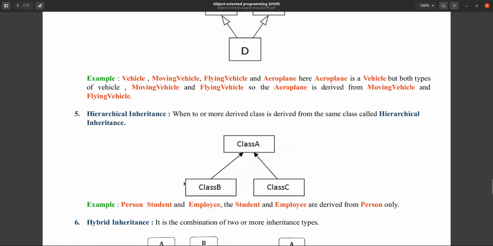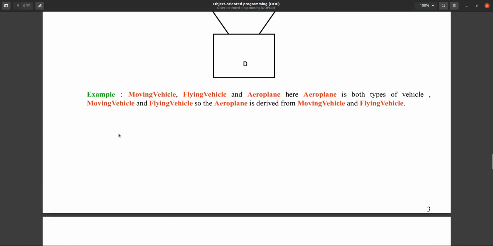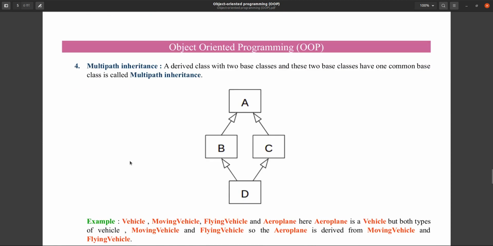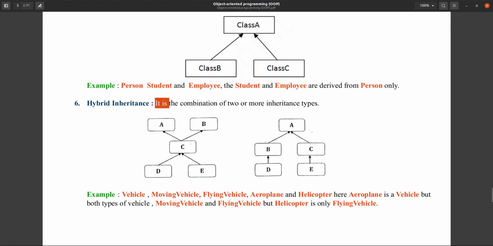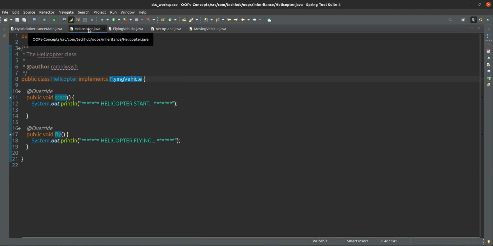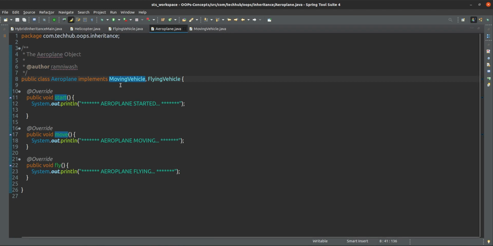So one is multi-path inheritance, another one is multi-level inheritance. Any two types of inheritance combined into a single inheritance is called hybrid. It is the combination of two or more inheritance. So we are making two inheritance here. The helicopter class is the example of multi-level inheritance, and aeroplane is the example of multi-path inheritance. So both are combined in a single program called